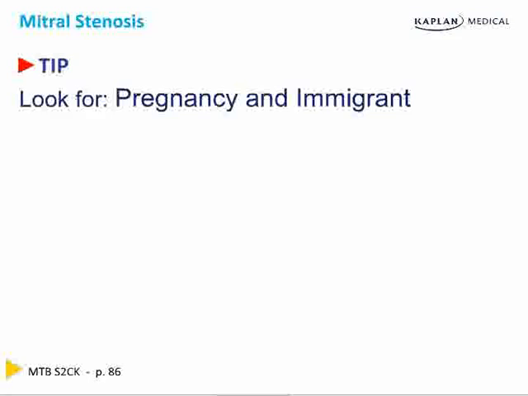One of the key features of mitral stenosis, allowing you to answer what is the most likely diagnosis, is to look for both a pregnant person or an immigrant person, and especially both. Now, step 2 of USMLE has to be able to give you significant clues. Therefore, if they don't give you the murmur, which shows an opening snap and a diastolic rumble, you look for that